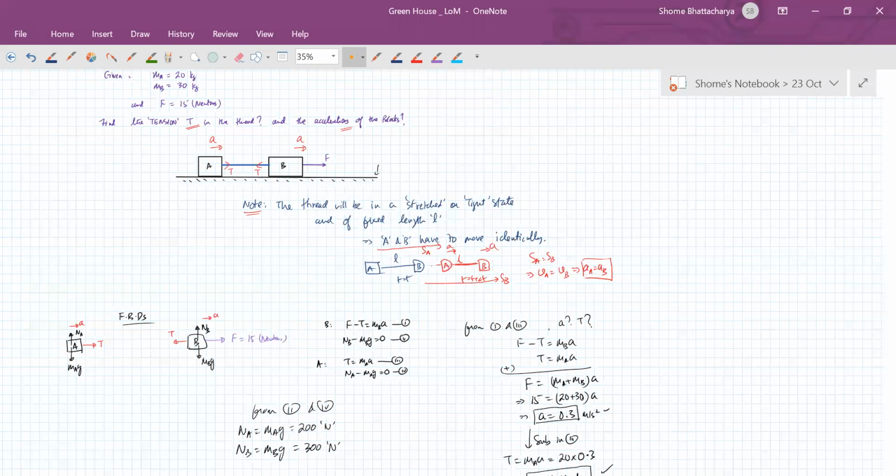No, it does not happen that way, Chris. It's not a rubber band, na? So it doesn't take time to stretch and develop tension. The moment you apply the force from this side, B carries A with it because they are attached together by a rope or a thread. Try to visualize this in real life, you will understand.